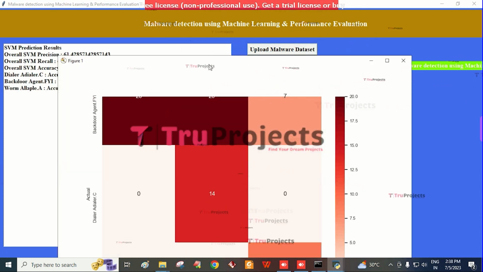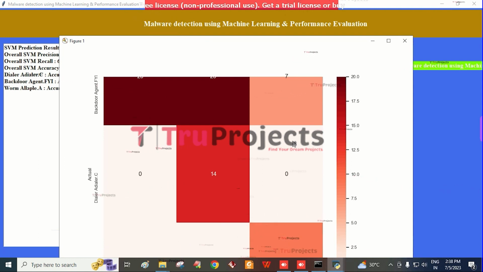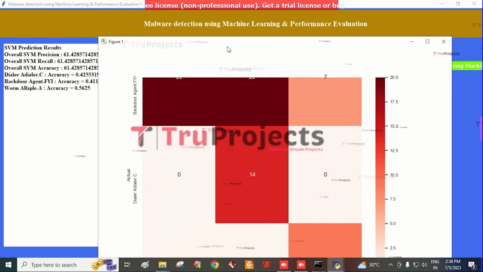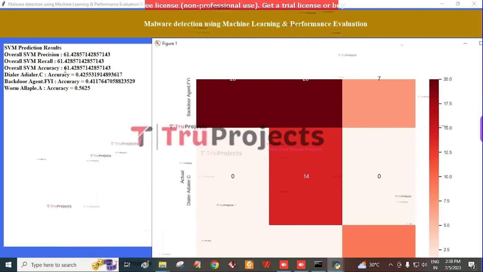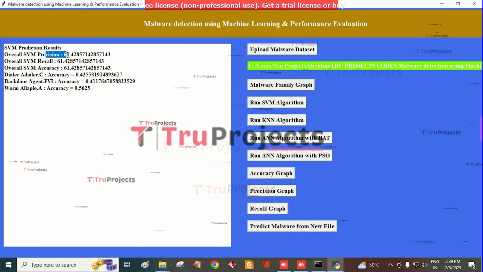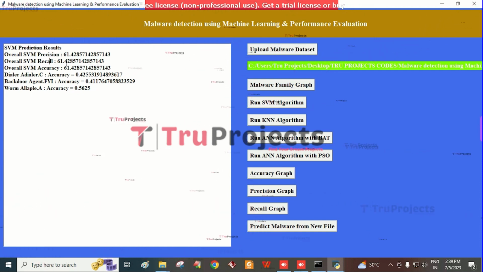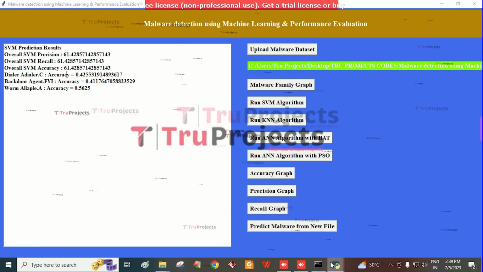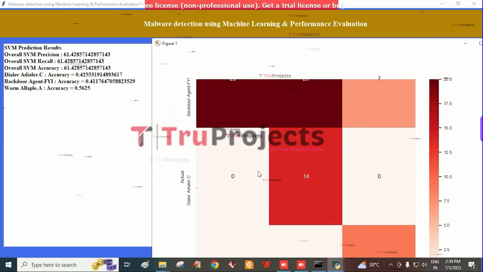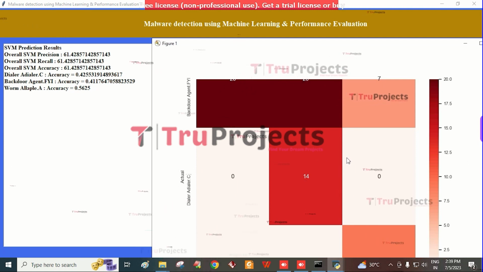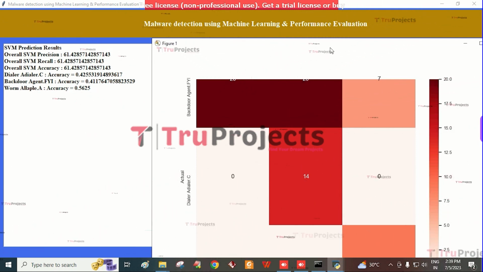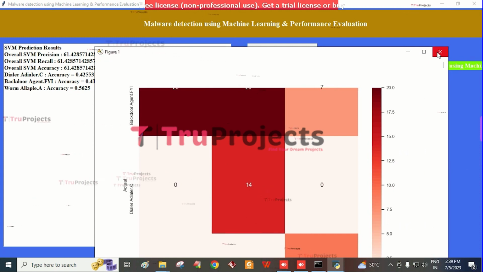Here, the SVM algorithm gives an accuracy of 61.6, a precision of 61.64, and a recall of 61.4. And here is the confusion matrix, where the x-axis represents the attack name and the y-axis represents the numeric value that contains the count of the predictions. Then close this matrix